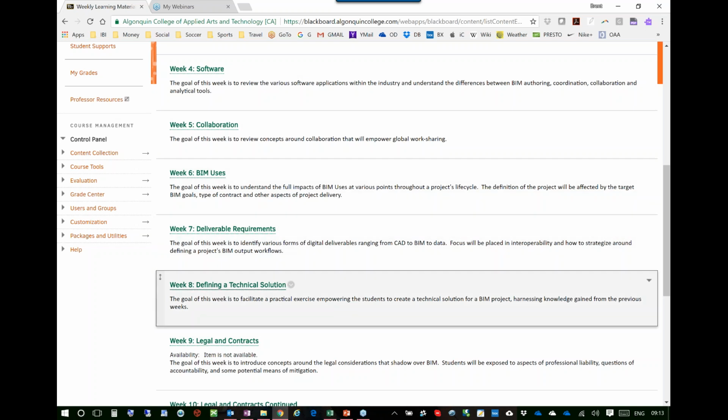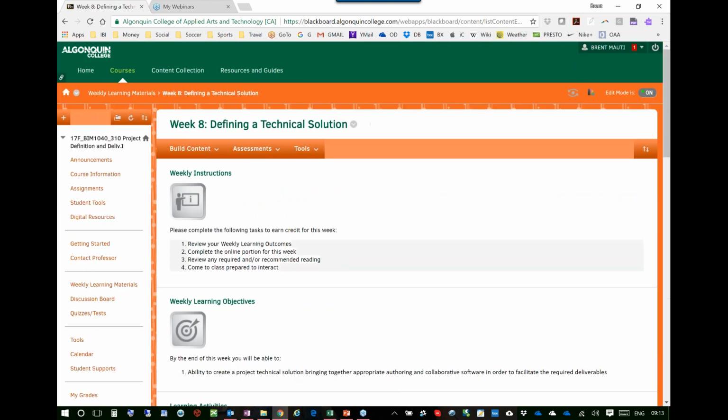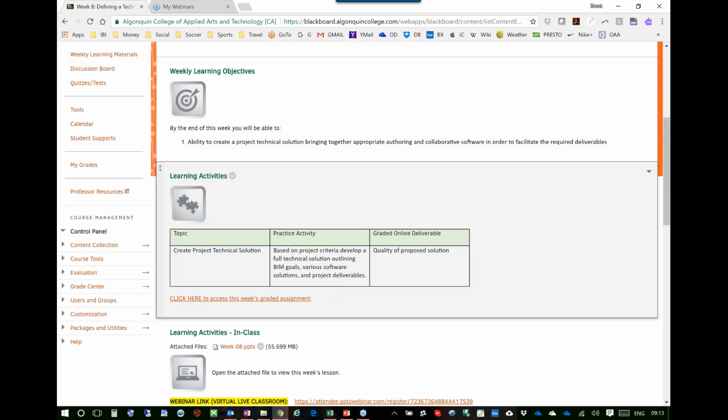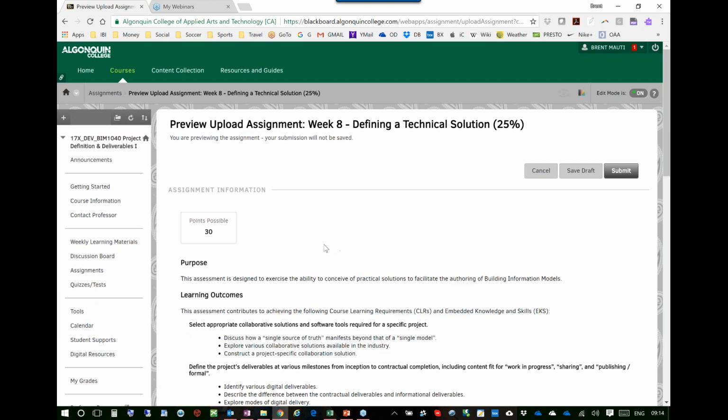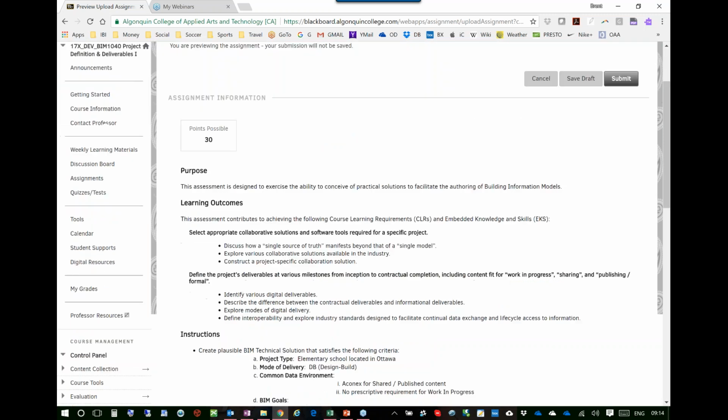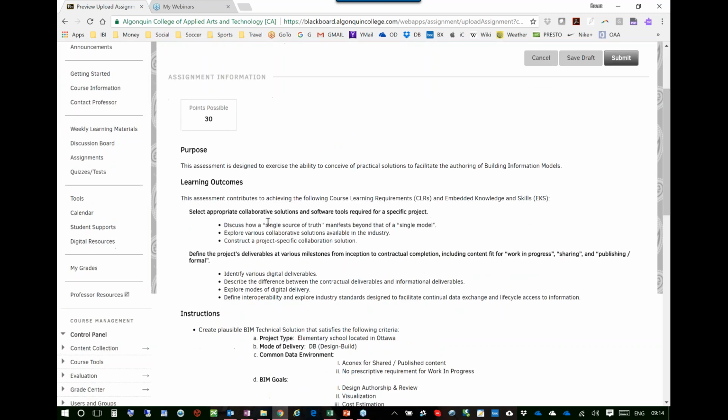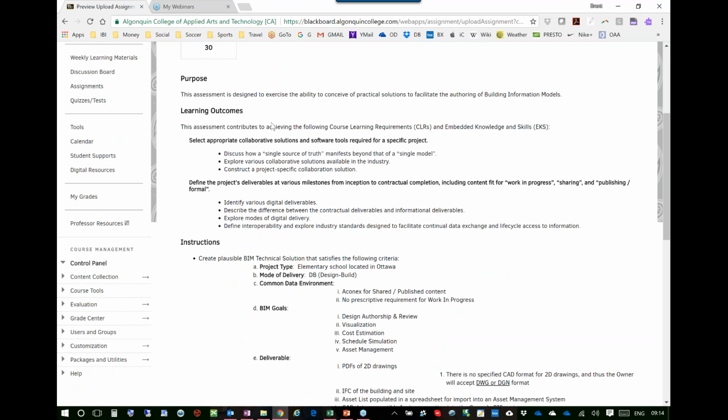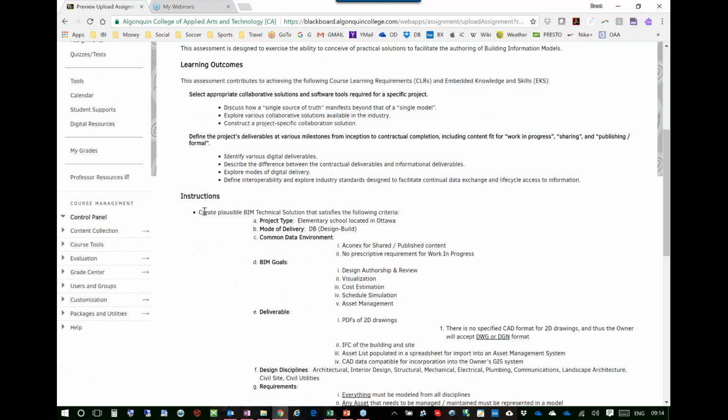Once we finish today's session, we'll quickly look back on an assignment that opens up for this week. The assignment basically looks at extending what it means to define a technical solution. So if I go into the week's effort, the online portion was to actually start to look at the graded assignment. If I pop open the assignment very quickly here, the assignment is looking at actually defining a full technical solution,